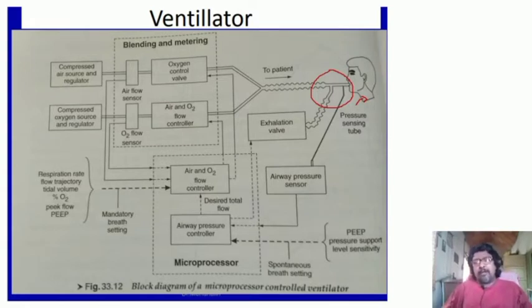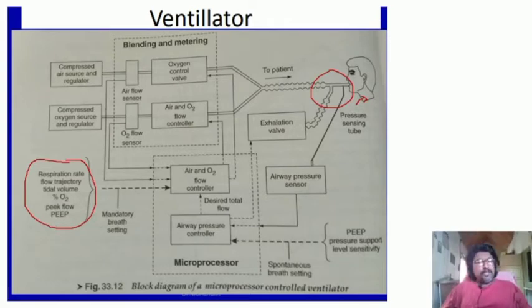We should take care of some of the parameters. We should measure some of the parameters from the patient, and those parameters have been listed over here. For example, the proper respiration rate of the patient, as well as the tidal volume of the particular patient. These things have to be measured prior to the injection of the oxygen. And one critical parameter which has to be measured is this one,